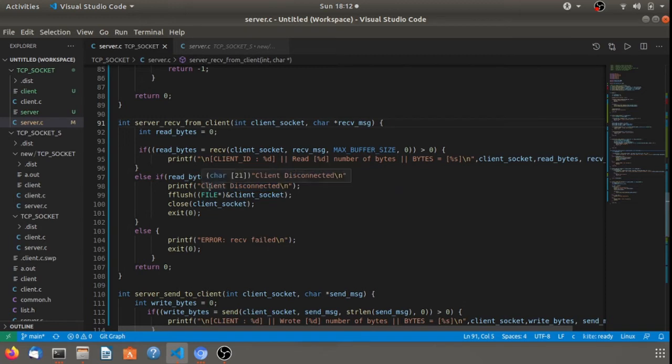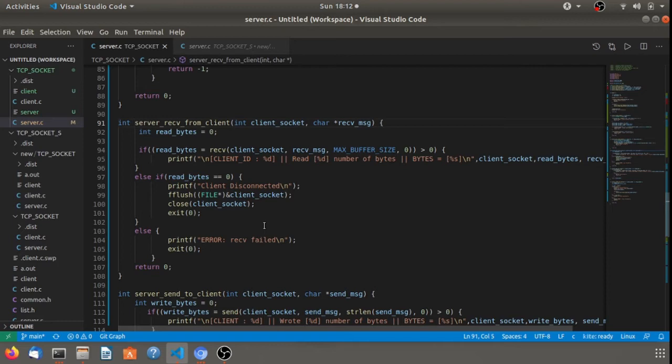We'll check how it is working, and then we have this flush in order to flush the stream, and then we close the socket and exit from this call. And if none of this is true, then there must be some error in the fail, and in that case also we are exiting. So this is the complete code for receiving the data from the client.